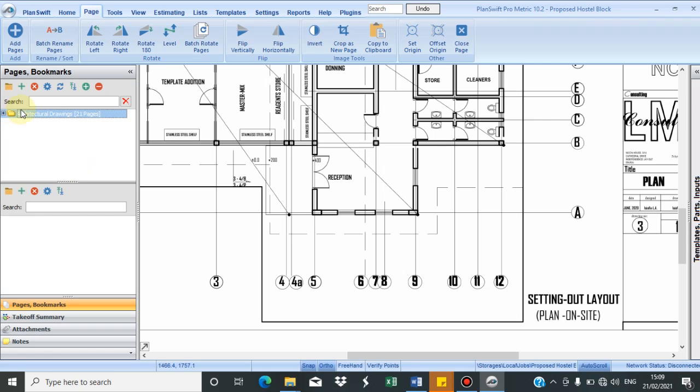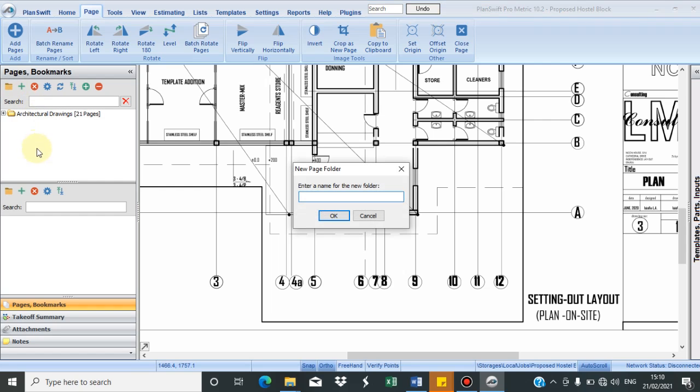Let me show you something else. Now as you can see, this is architectural drawings. Supposing I want to add another set of drawings called the structural drawings or the M&E drawings or whatever kind of drawings anyway, I can just click on this, add a new folder. It brings out this dialog box. Enter a name for the new folder. So I just call the name